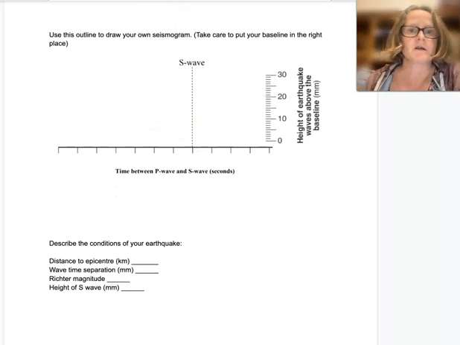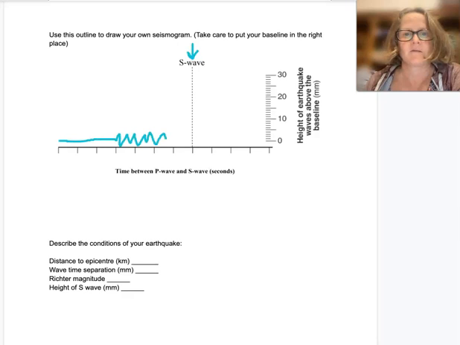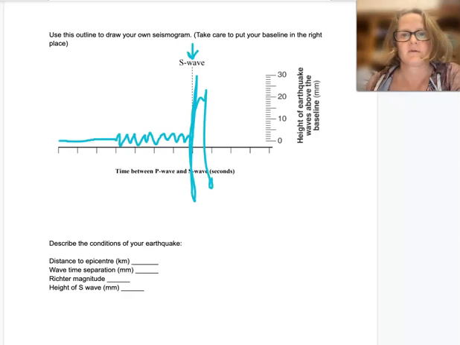So you would start, this is where the S wave comes in here. So in this area is our P wave. So we need our baseline has got to line up with the 0. So in comes nothing is happening. And then our P wave starts. So up and down, up and down, up and down, up and down. And then the S wave comes in. So maybe I'll have a really big S wave coming in. I go up and down here, a little bit tricky on the computer screen. Yours will look better, but getting less and less and less as my S wave starts to disappear again and